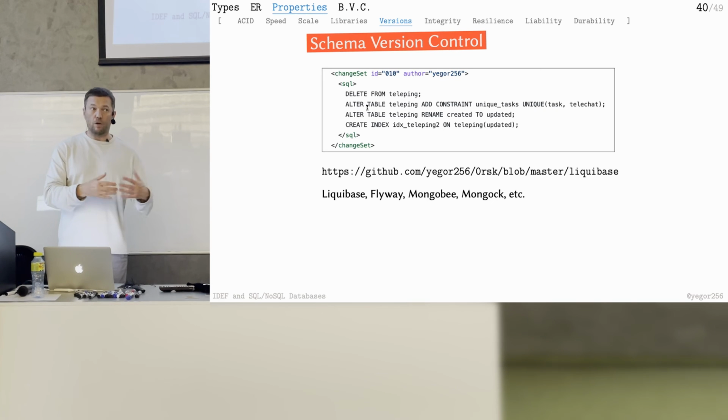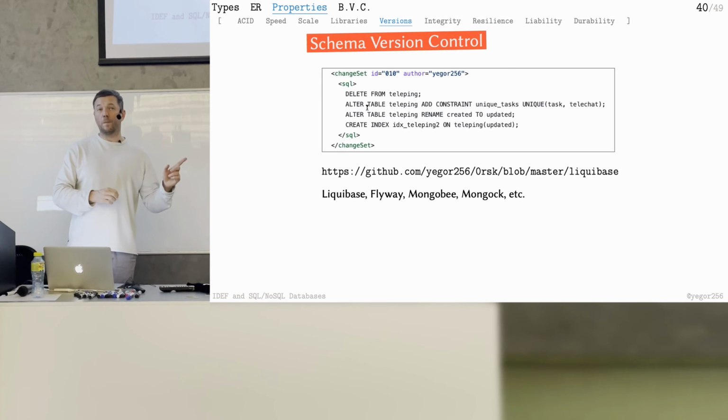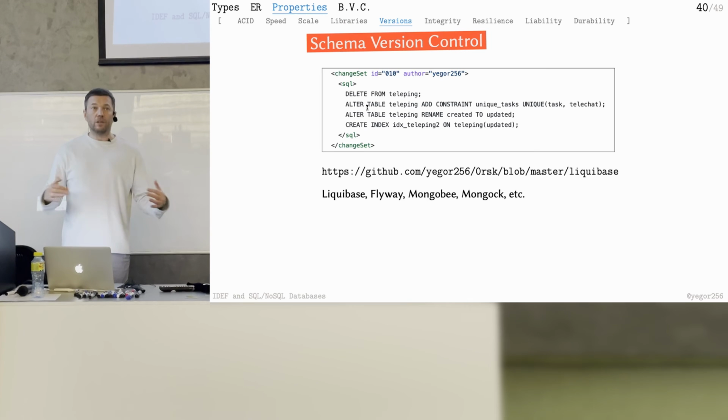Just as we have Git for our files, so we don't change files just like we did 20 years ago. We have version control. 20 years ago, people were just editing files on their computers, on floppy drives, just saving the data, and that's it. But now we have Git. So every time we change something, we preserve the log of operations. The same should happen with the database. So Liquibase, if your persistence layer is relational, then without Liquibase, you don't go anywhere. Liquibase is a mandatory tool for you. Absolutely mandatory for all projects which are based on relational data.